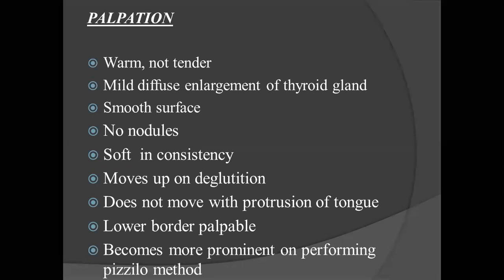So the pretracheal fascia divides into anterior and posterior layers to cover the thyroid gland. The posterior lamina of the pretracheal fascia thickens to form the suspensory ligament of Berry, which attaches the thyroid gland to the cricoid cartilage and the laryngeal apparatus. So normally during deglutition, when you see somebody swallow, you can see the thyroid cartilage moving up and down. The thyroid cartilage and the laryngeal apparatus move with deglutition.